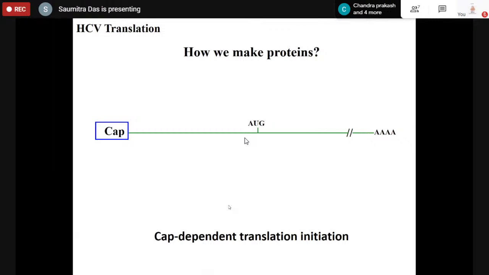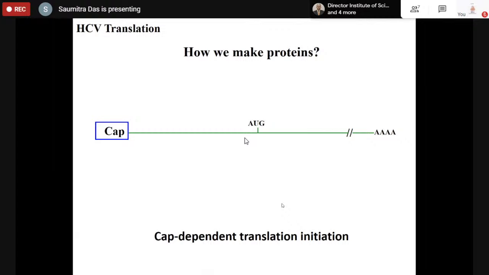of drug resistance. Now, what we have been doing for the last 22 years actually so happened: the virus was discovered in 1989, and in 1991 I landed up at UCLA. And I started working on hepatitis C virus since 1991. So it's almost like my research career has been going along the trail of hepatitis C virus research all through these years. But I was focusing more on hepatitis C virus translation,